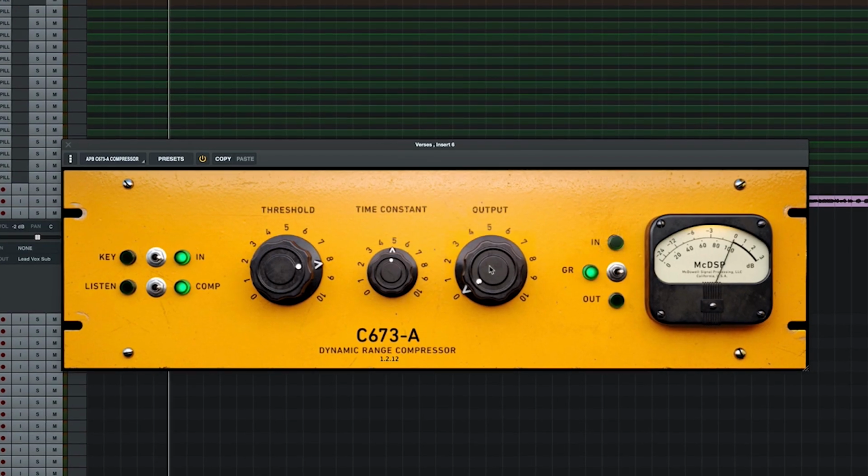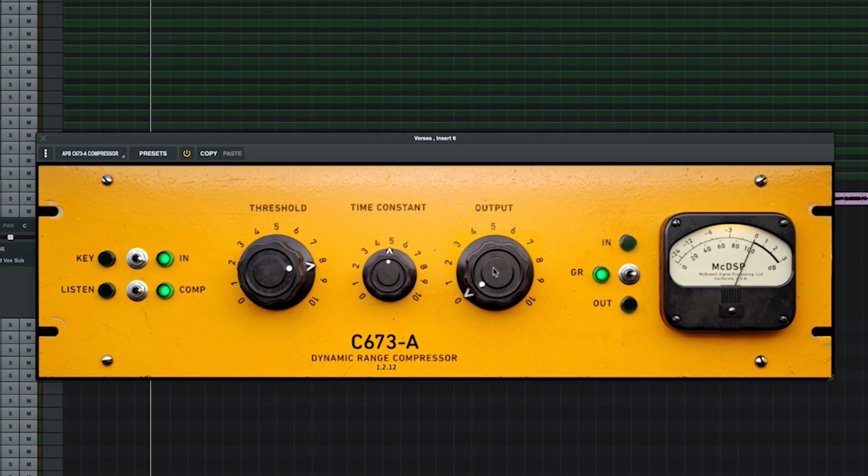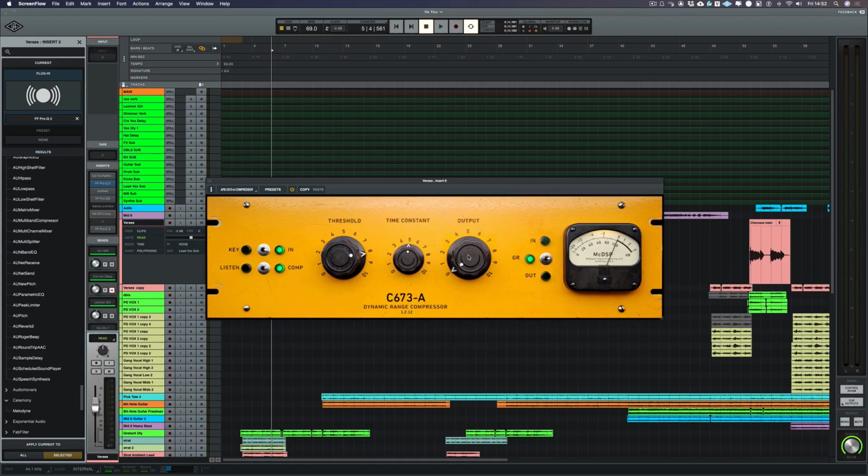You basically take a Thunderbolt cable at the back of your Mac, plug it into this box, and your DAW will then use these graphic interpretations of the processor that are built into the APB16. Now that sounds really complicated because I'm looking at my screen at the moment and I'm seeing what looks to me like a plugin, but it's not a plugin. This is analog. This graphical interface is basically controlling the analog processors inside the APB16, which is